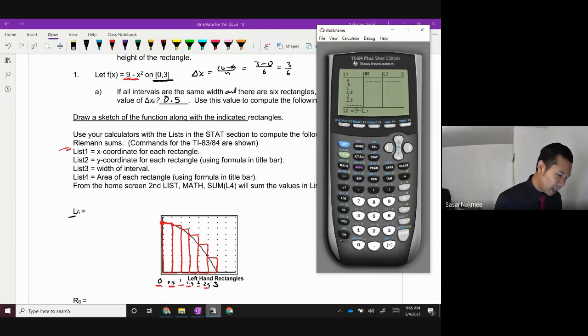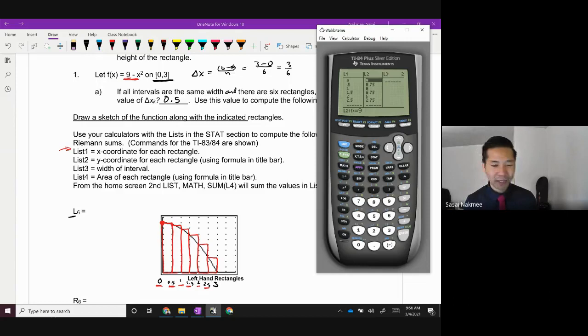So I can type it in as L1 and simply hit the squared button right there. What is going to happen in L2 is it's going to do these calculations for all those x values that I have there. It's going to do 9 minus 0 squared, 9 minus 0.5 squared, 9 minus 1 squared. All I have to do is press enter. If you look closely, everything in L2 is all your y values evaluated for those x values with the equation we've just typed out. It's kind of neat, honestly. At least I think it's kind of neat.